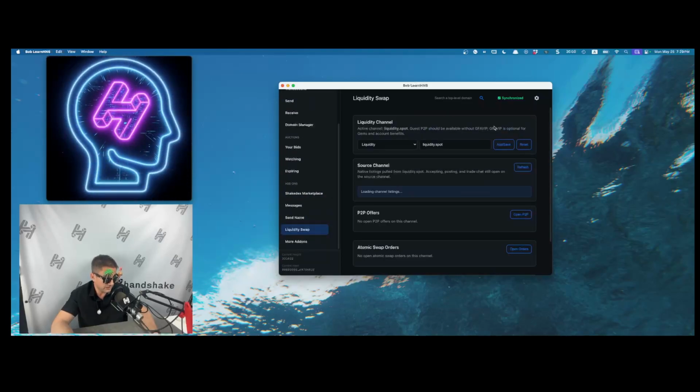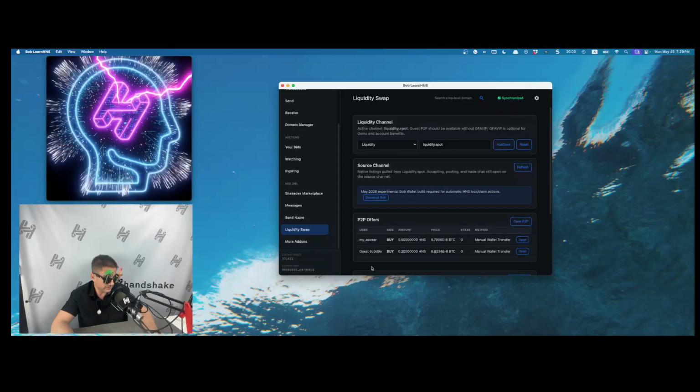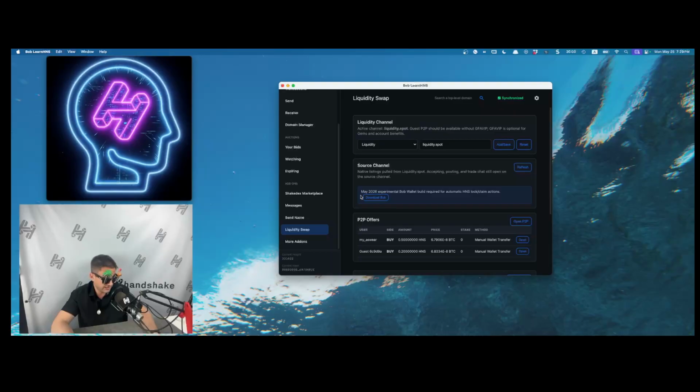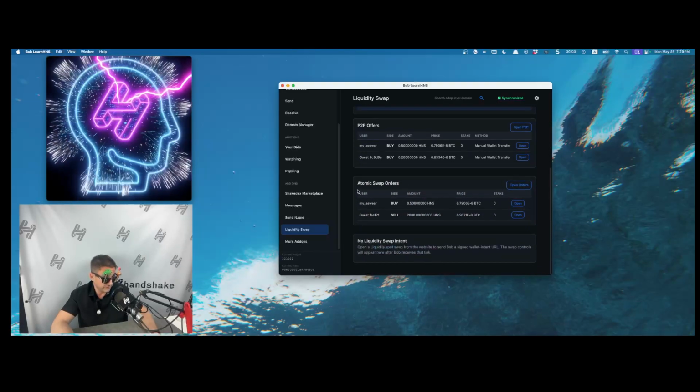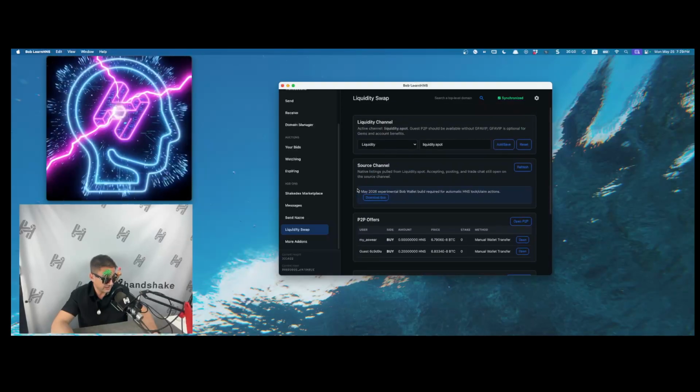Liquidity swap, which is a bit challenging, but people are testing it. It's a decentralized swap between Bitcoin and Handshake. Really hard one. If you want to help me out, I appreciate that. I'll have a different video for that one. And then there's more